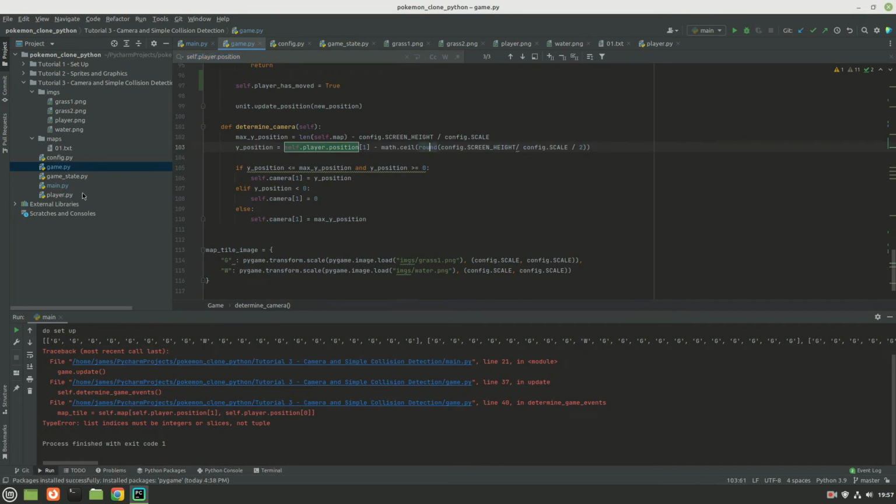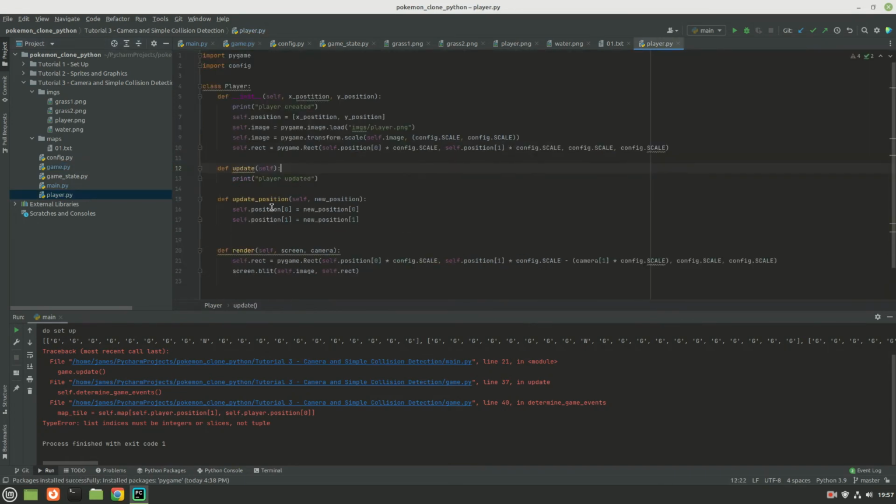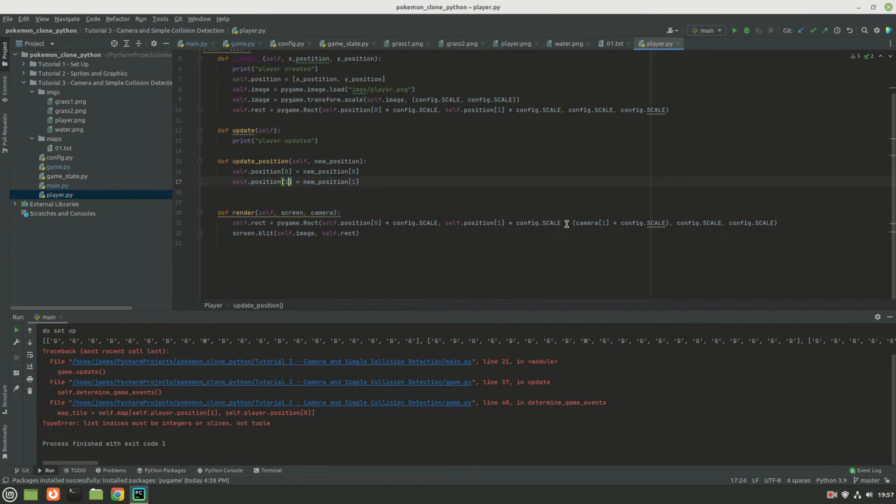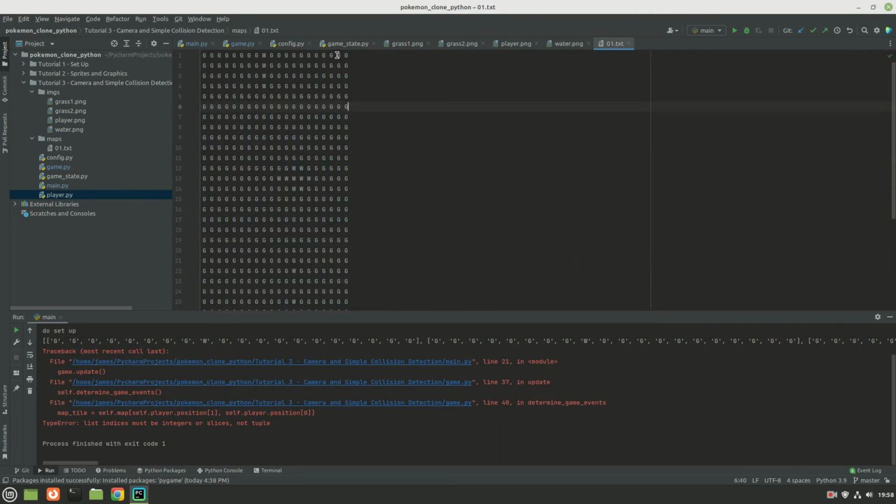Something about this doesn't like it. Let's go to the player self.position 0 and 1. That looks fine to me. Shouldn't have to do any scale on that.